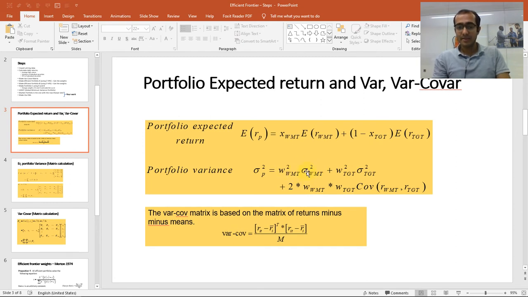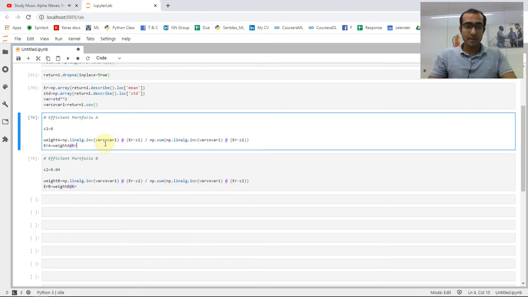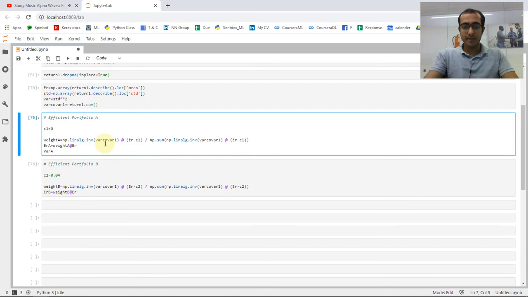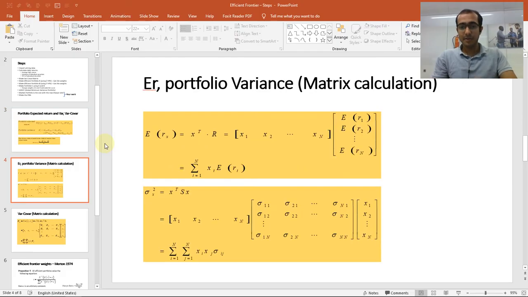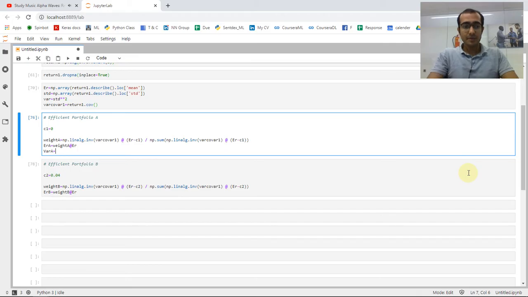Let's see what is this variance of portfolio A, variance of portfolio B, and covariance of these two. So variance of portfolio A is basically this formula, which is weight of A multiplied by Var-Covar multiplied by, this is the matrix multiplication by the way, this transposed,